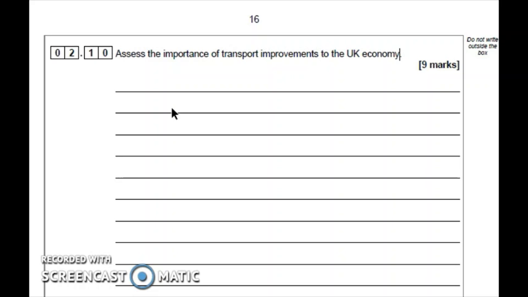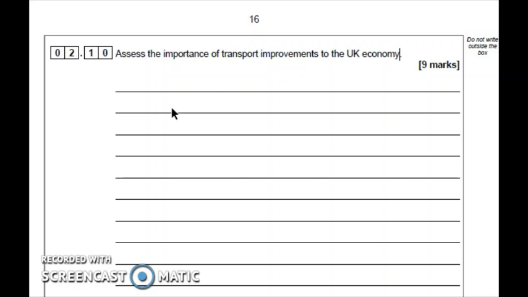So one of the first things is high-speed rail. Basically trying to cut the journey times from Birmingham to London. Now, this in itself will cost an estimated £40 billion. So automatically you can say, well, that is a lot of money, and a lot of that comes from people paying taxes all around the country, whereas the benefit will only really be for the people around Birmingham and London, so whether that is worth it.